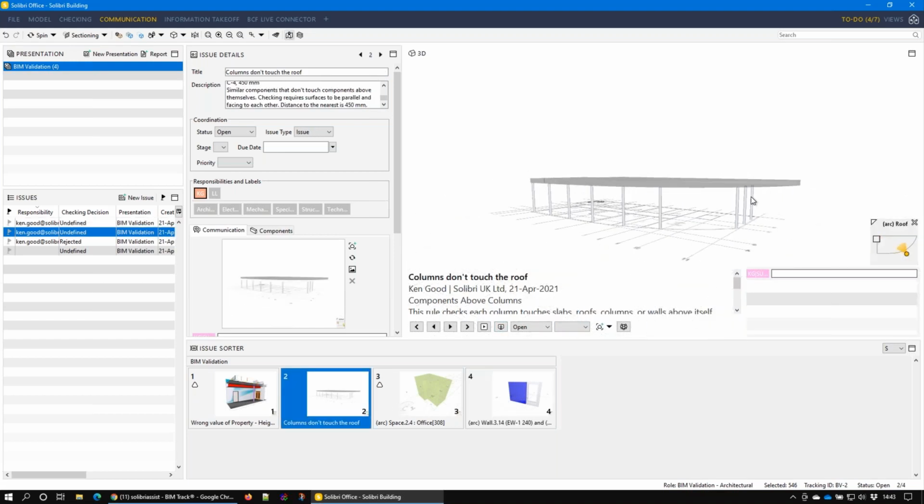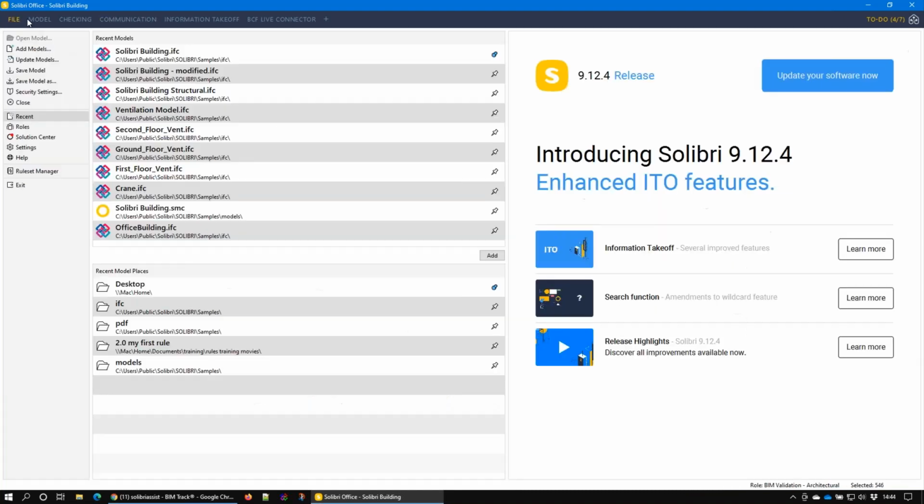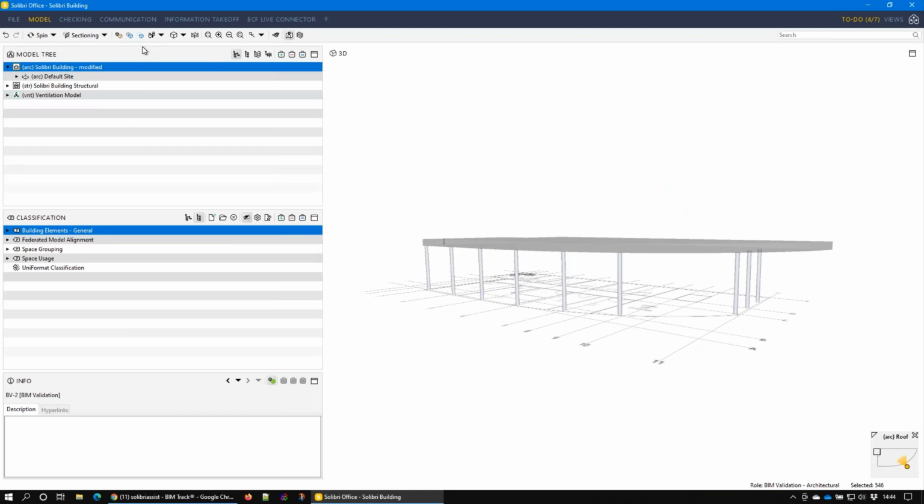When we look at the columns, you see the columns now actually extend up and touch the roof where they're supposed to. So we're able to actually see these changes. We then have a process to go through to record these off and do what we have to do with them. But that's like a really rapid run through of the process of bringing in our models, checking the coordination